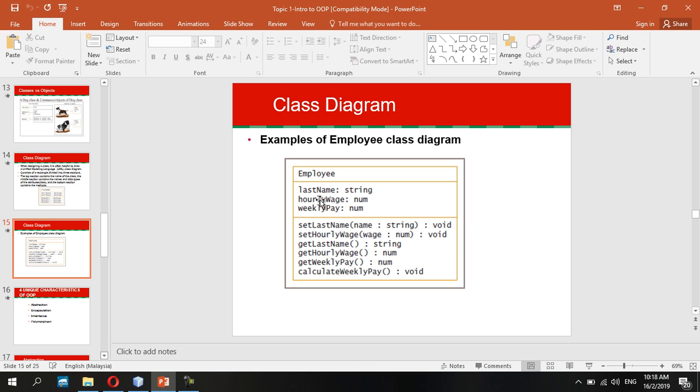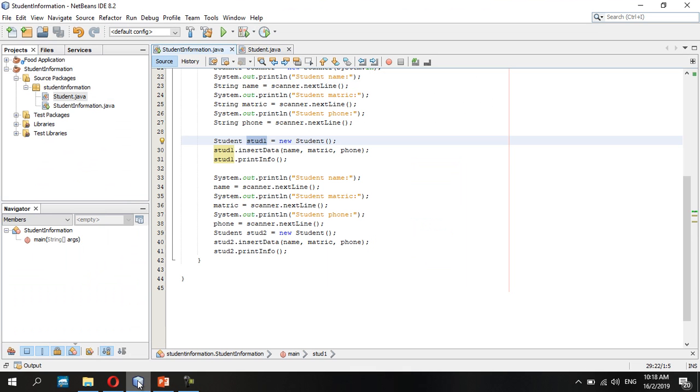The method, so this is basically the way that we write the method. Okay, so set last name, so you'd like to set the last name. This is the passing argument, and this is the return argument. Pass, return. Okay, so for example, in my example here,